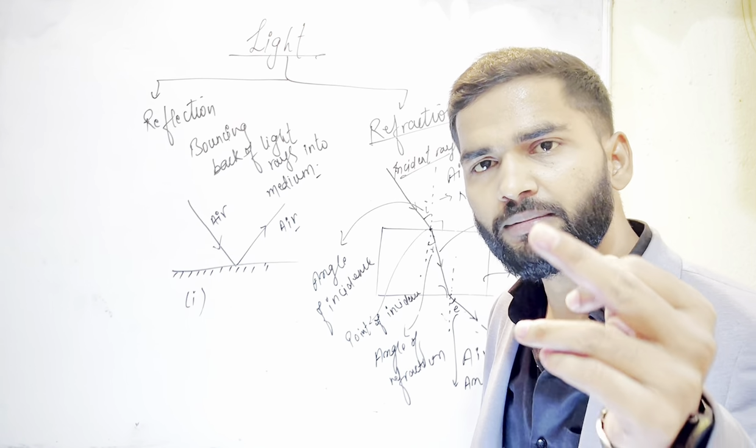So it is the ratio between the speed of light in the air and the speed of light in the medium. The speed of light in the air is always fixed. That is equal to what? 3 into 10 to the power 8 meter per second. Remember this. That is not given in your question. You have to think about what the speed of light in the air is. So the speed of light in the air is 3 into 10 to the power 8 meter per second. That is fixed. And what is the speed of light in the medium? That may be given in the question, or the refractive index of the medium may be given in the question. So remember: refractive index is equal to speed of light in the air divided by speed of light in the medium. That is also denoted by RI is equal to C by V.